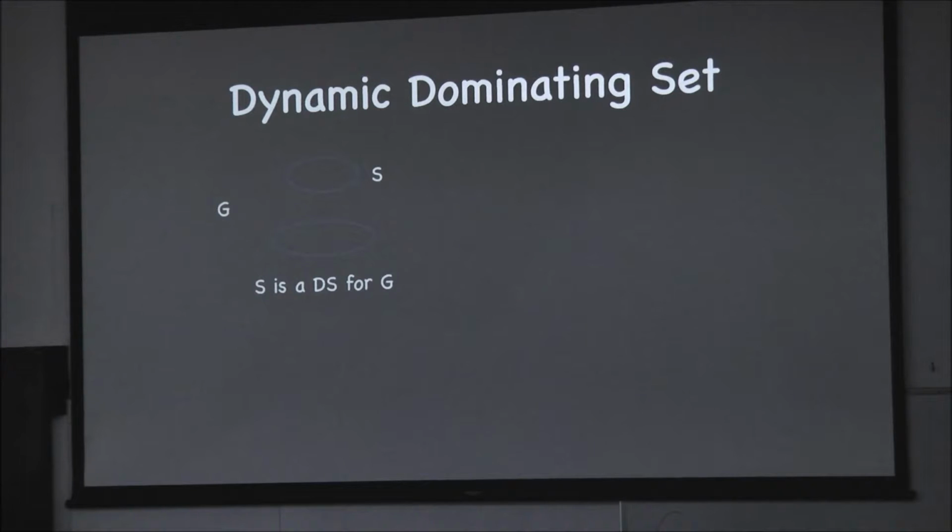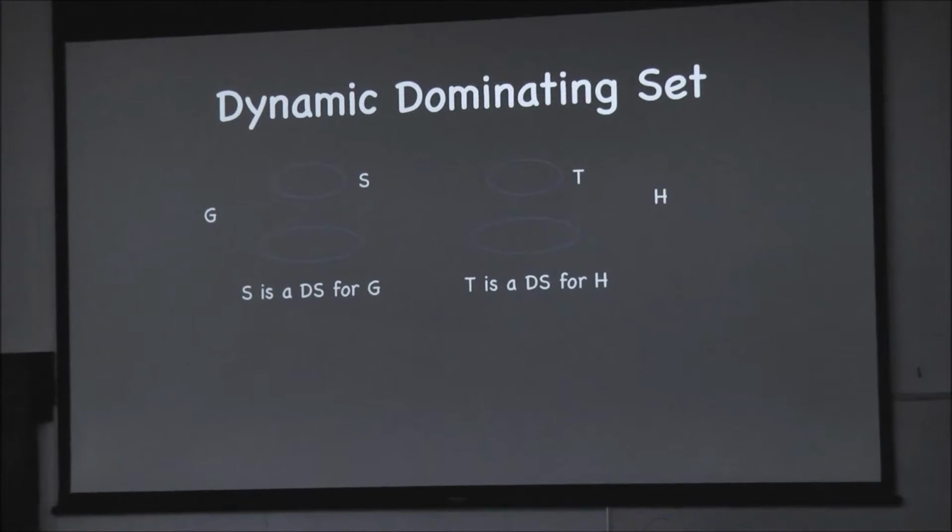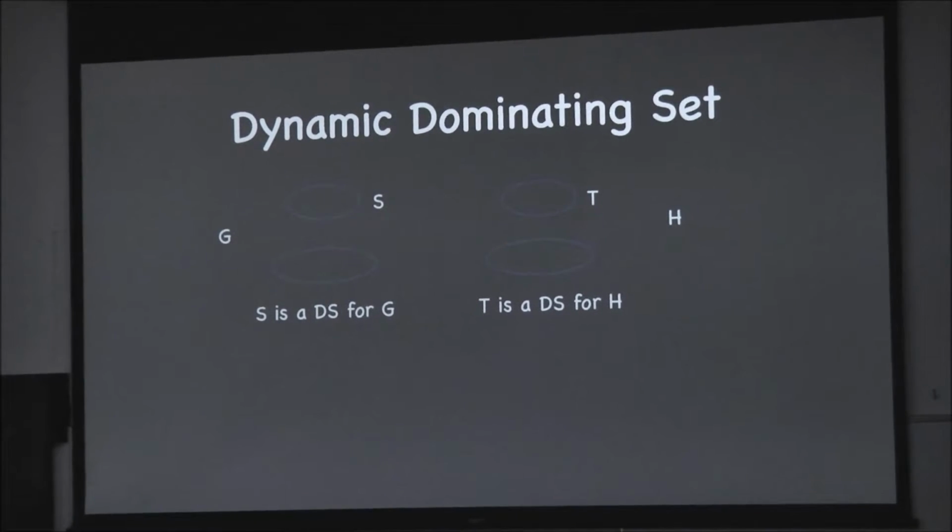So we are given a graph G, and a set S that is a dominating set for G. We have another graph H which is at a distance of at most k from G, and we want a set T that is a dominating set for H. This is what we want. Now the first property: we will show that it suffices to look for a T that contains S. Because S is something we know, it's given to us, while T is something that we don't know. So by the problem structure, we can assume that it suffices to find a T that contains S. This is the first thing that we prove.